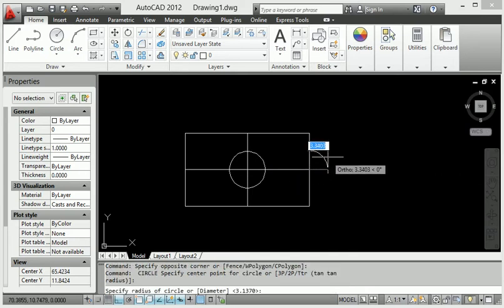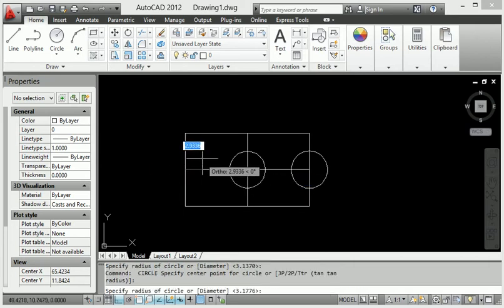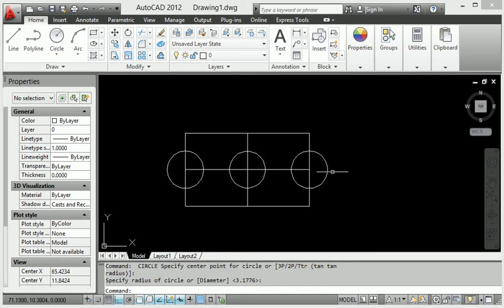It is very useful for repeated commands, because sometimes I want to use the same diagram, so when you copy the same diagram again, press Enter, Backspace and Enter.